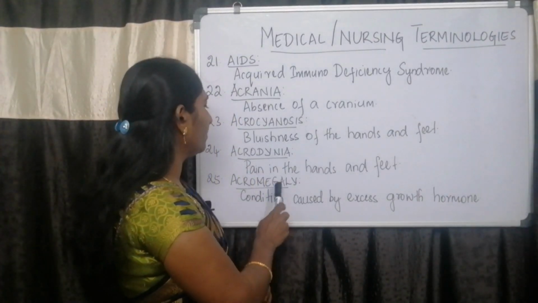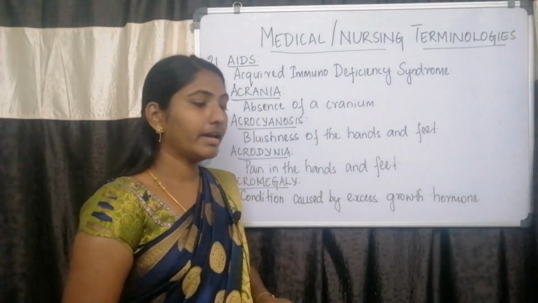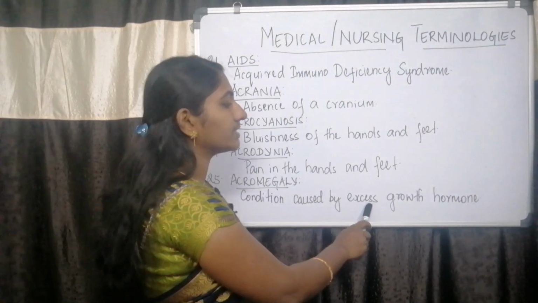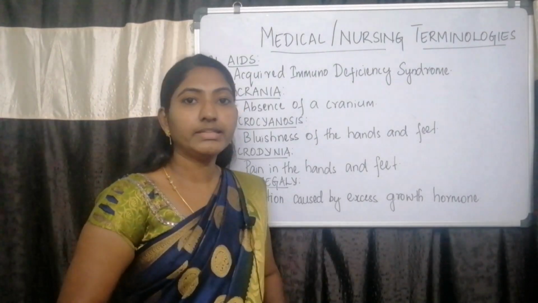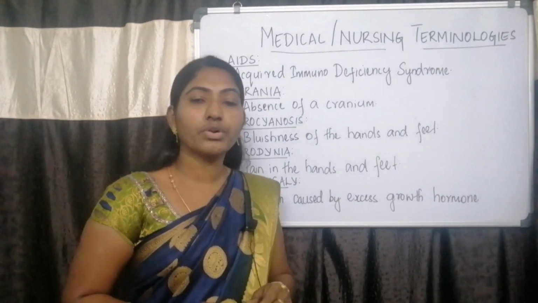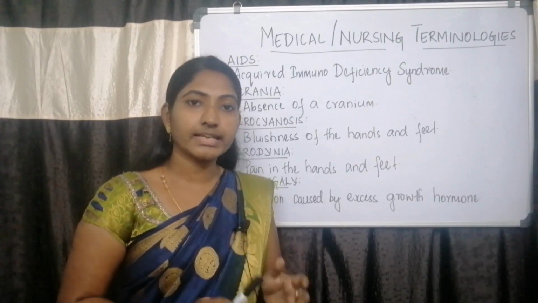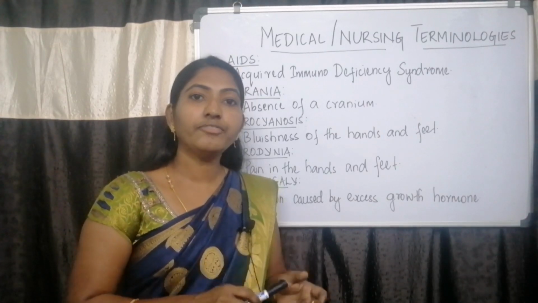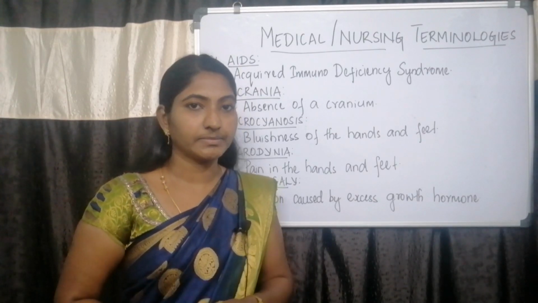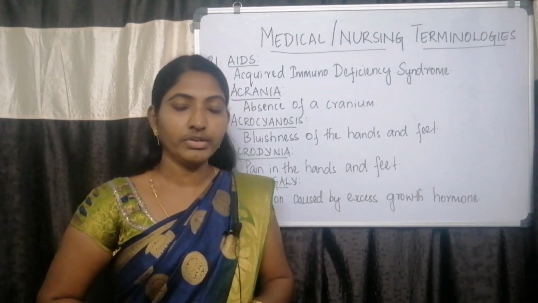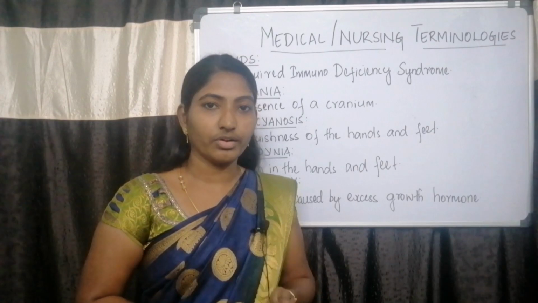Next one is acromegaly. Acromegaly is a condition which is caused by the secretion of excessive growth hormone by the pituitary gland after the end of the adolescent period. When there is excessive secretion of growth hormone before the end of the adolescent period,